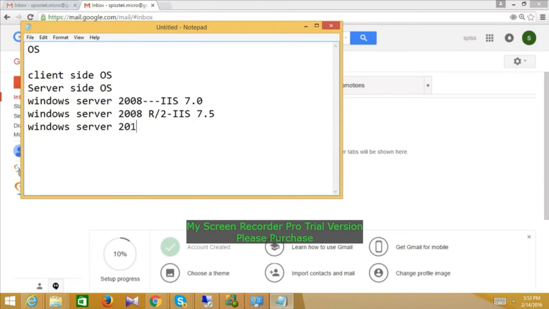Along with Windows Server 2012, IIS 8.0. Along with Windows Server 2012 R2, what is the IIS version? 8.5. Clear? So to install SharePoint, 100% you should use a server side operating system.